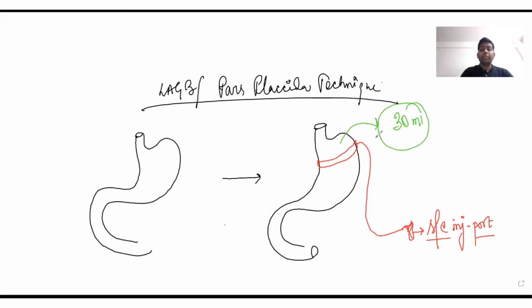So what happens is this reduces the hunger, this causes early satiety and thereby acts in a restrictive manner to cause weight reduction. This band is usually made up of silicone. And the main advantage of this technique is that this is a reversible technique. Therefore, it is one of the safest techniques. But the problem is the patient requires regular follow-up and needs to be motivated to make this procedure successful. That's the limitation of this procedure. Now let us see the other procedure.